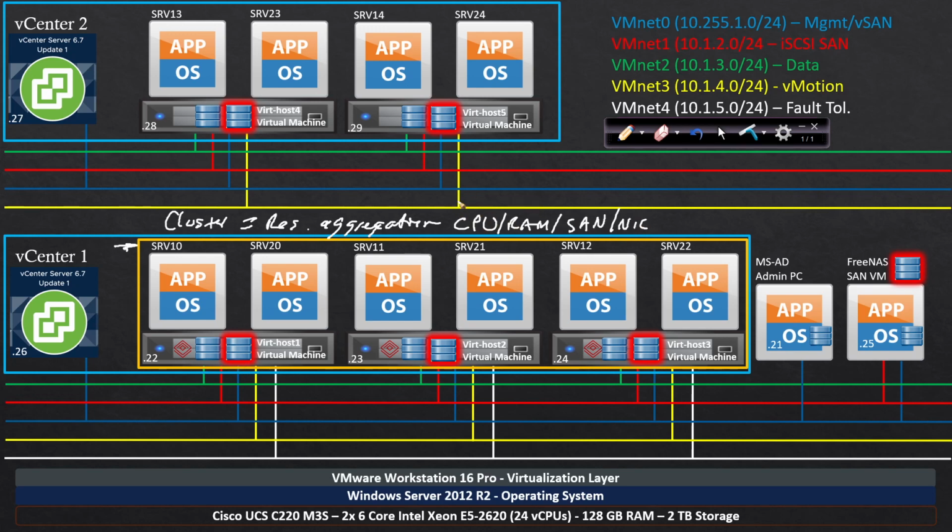Now, some of these things will not be able to be looked at like an aggregate. These three will. CPU, RAM, and storage will show up out of the gate. NIC or networking, you really can't aggregate them, but you can basically mimic on a per host basis how many NICs you associate, and then you can dictate how much networking there's going to be based off of how many network adapters you have installed. Clustering also enables a bunch of other stuff. So we're going to be able to deploy HA, or high availability, we'll be able to add in DRS,